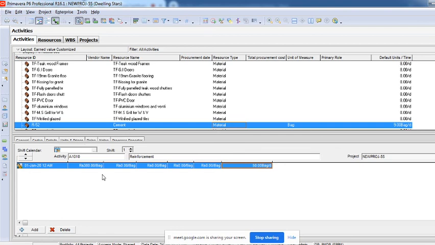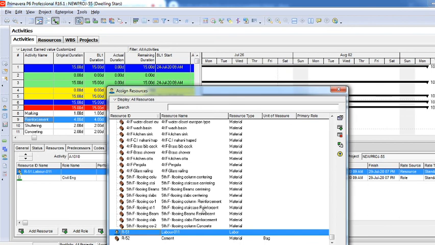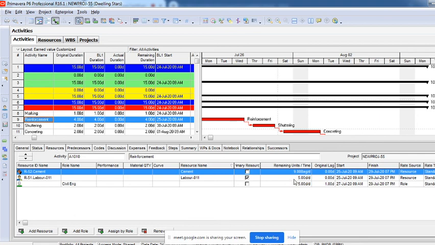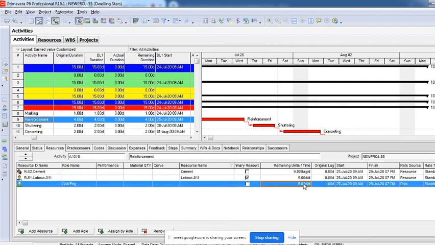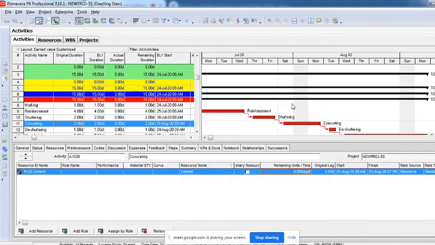Then I'll go to this option called activities. Now to assign that particular cement as a resource for this activity itself, I'll click on add, and now I have an option called cement here. I'll say add, and you can tell how many bags of cement you need per day. By default, say that I want 50 bags of cement for 4 days, but by default it is taking 5 bags of cement. So it's very difficult to tell per day how much I want. I have a total quantity of concreting for this activity, and there's cement which is required. I know the total quantity of cement required for so much concreting, but the problem is how much per day I want is unknown, so it's very difficult to do it that way.